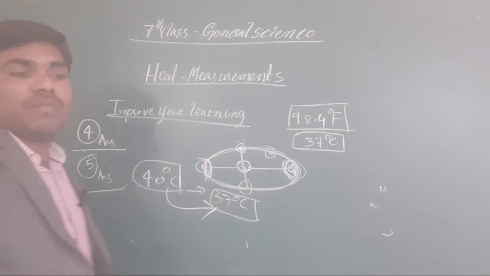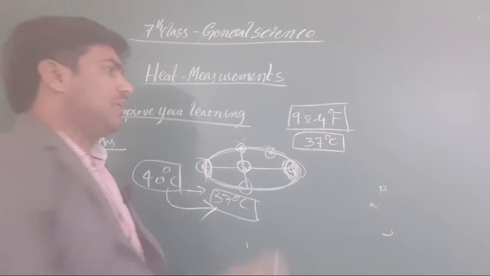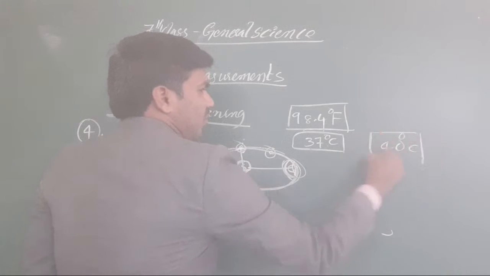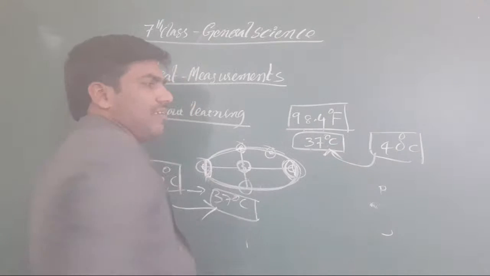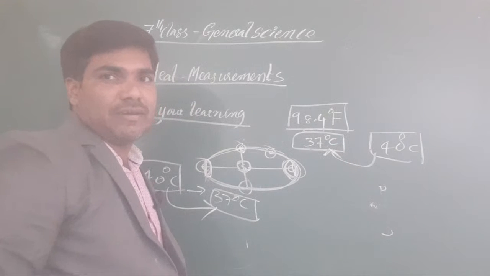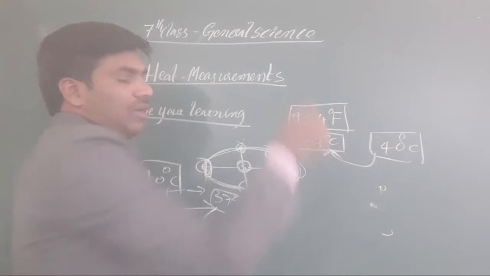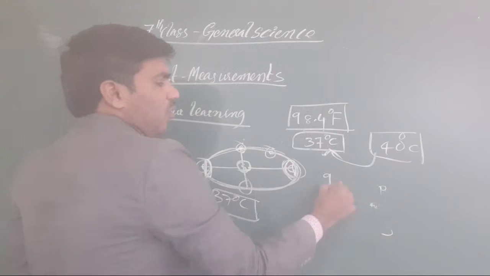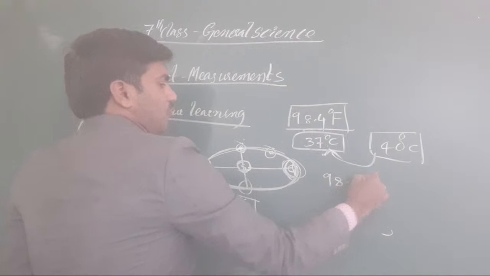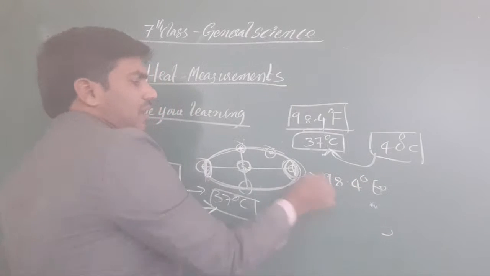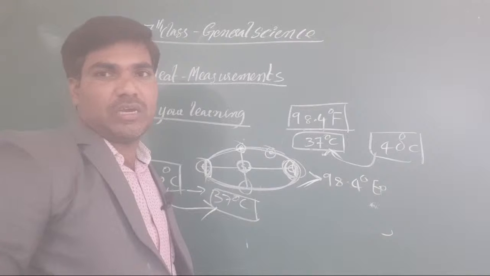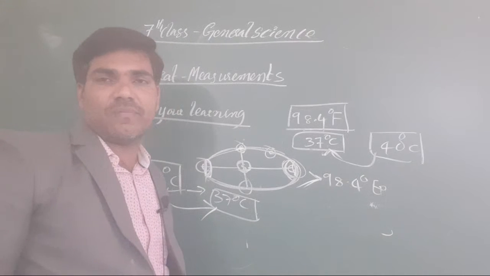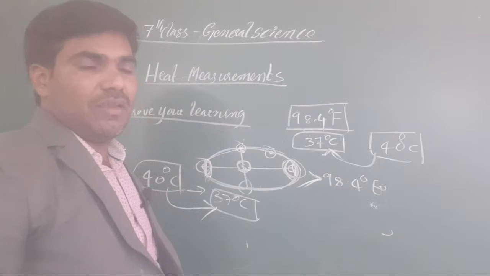That's why, at that time, automatically, the surroundings at 40 degrees will transfer the temperature to our body, from 40 to 37. When it is 37, it is more than 98.4 degrees Fahrenheit. At that time what will we get? Favor may come for us. Got it or not? And opposite to that,